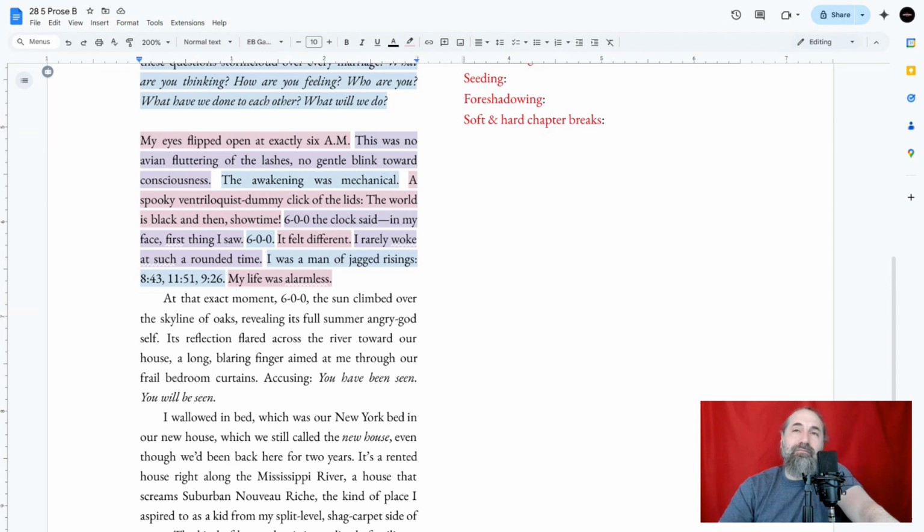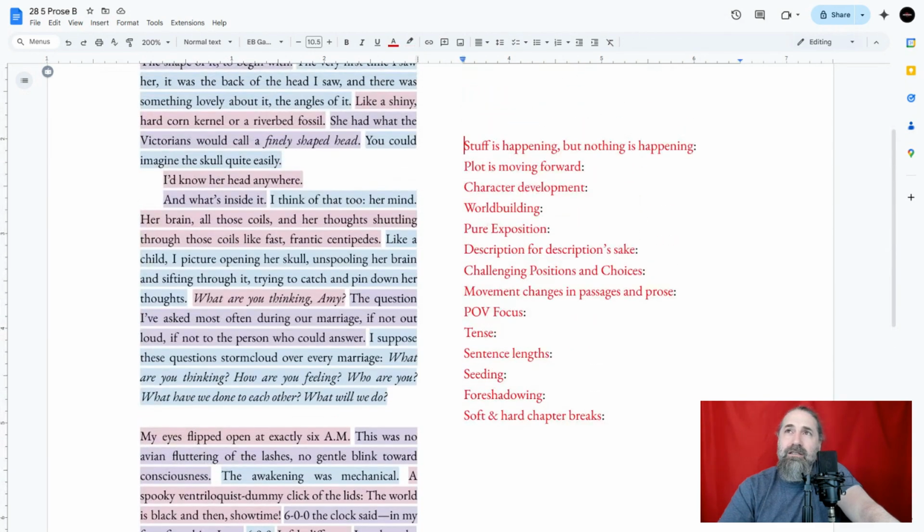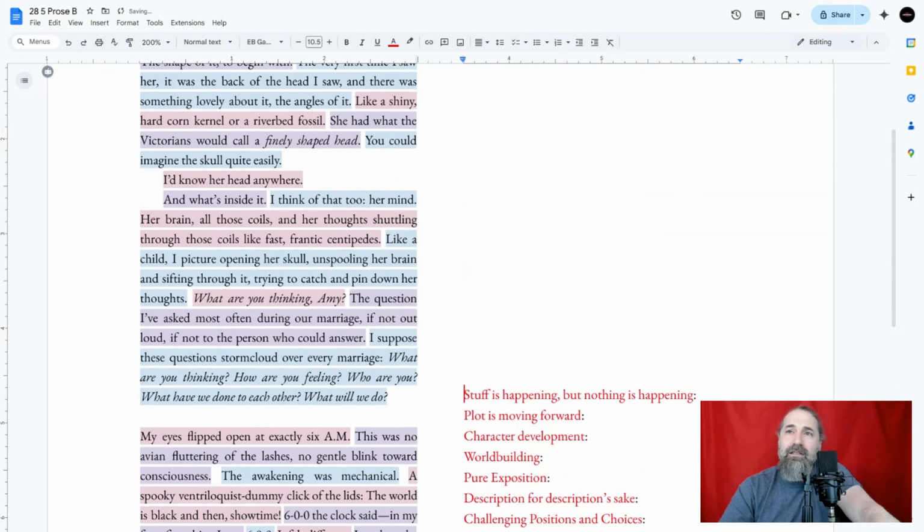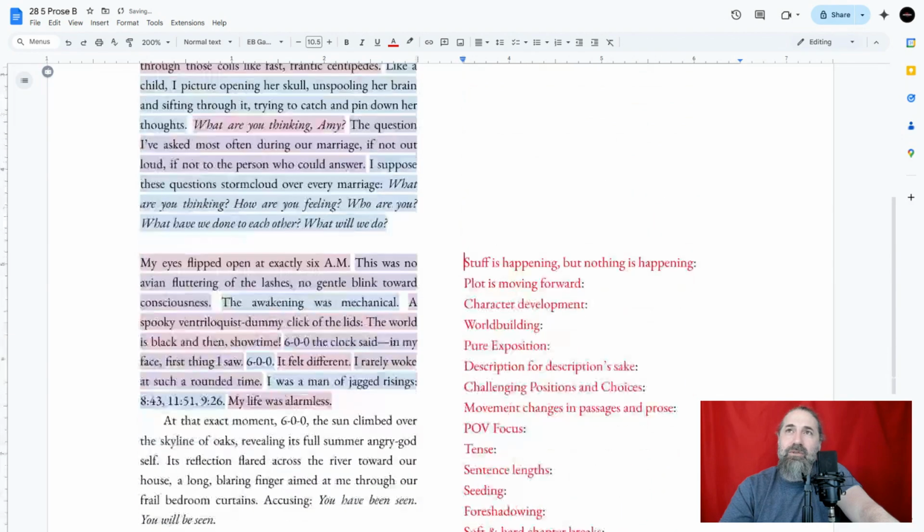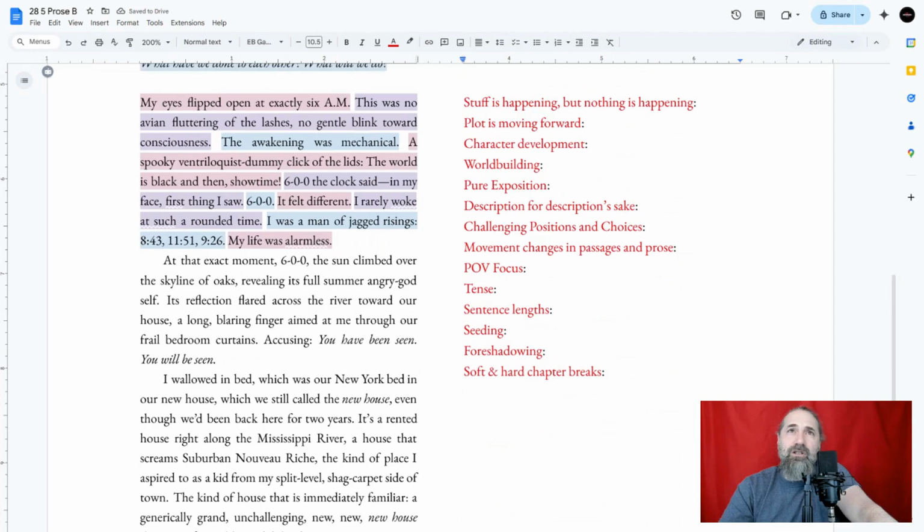But look, every writer and author has a right to do whatever they want. What I like and what you like is never going to be the same. Everything is subjective. It's all opinions. The only thing that matters is this: is it there? Great. If it's there, then do what you got to do. So stuff isn't just happening here.